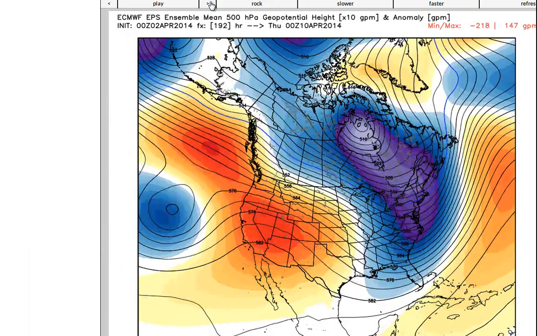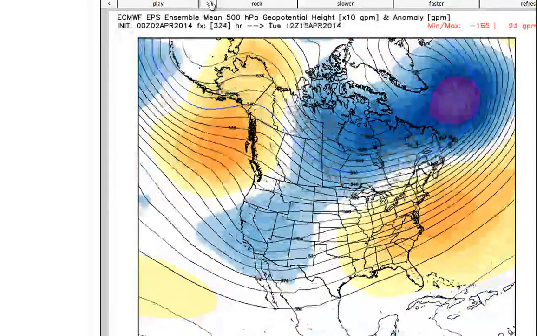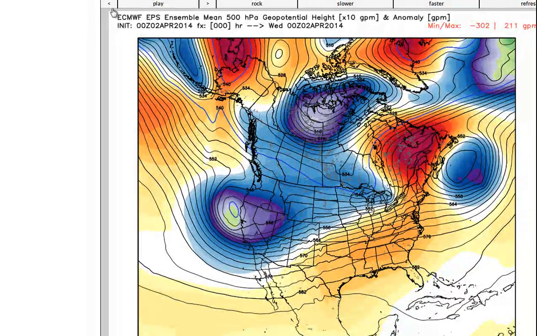And then from there, it looks like we're going to have a little bit of relief and go back to spring for most of the rest of April. Maybe a cold shot here or there, but it looks like we're out of the woods after Wednesday of next week. So that's the good news.